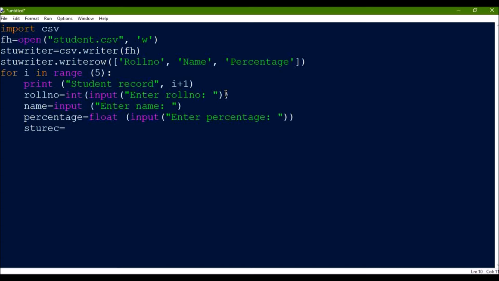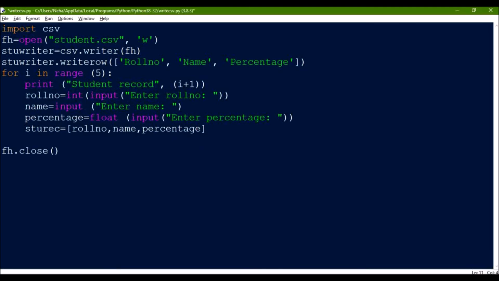This is my list name, and in the list the values that I want are roll number, name and percentage. Then we will use the writerow function to write the row. So stu writer dot writerow, and then the list that we have created.